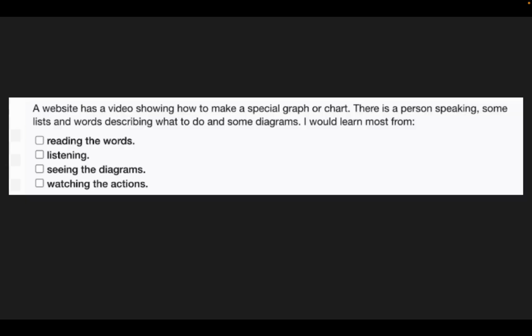Okay, here we go. The first question says, a website has a video showing how to make a special graph or chart. There is a person speaking, some lists and words describing what to do, and some diagrams.